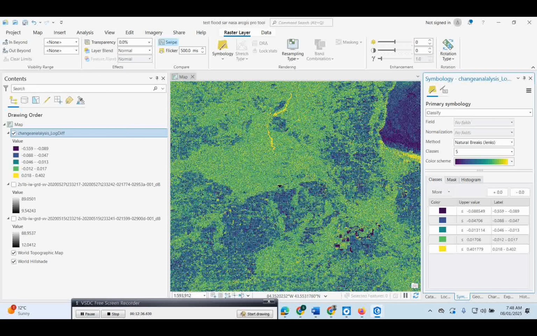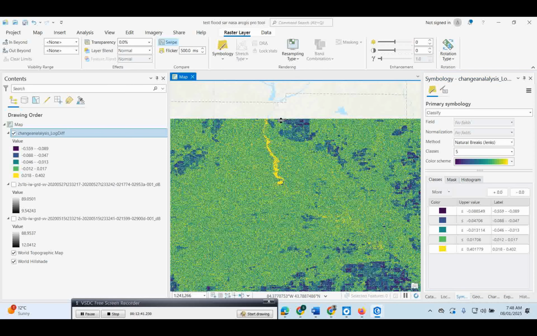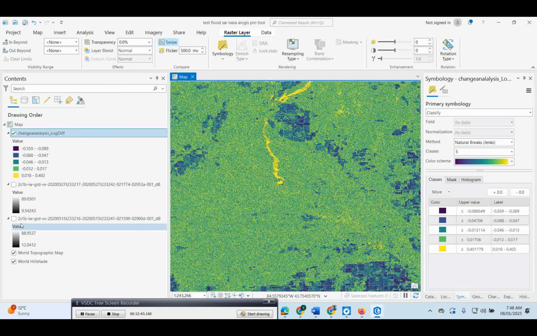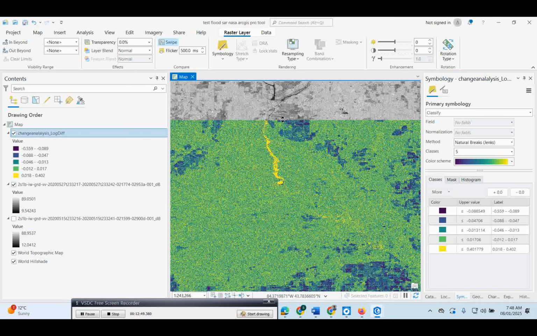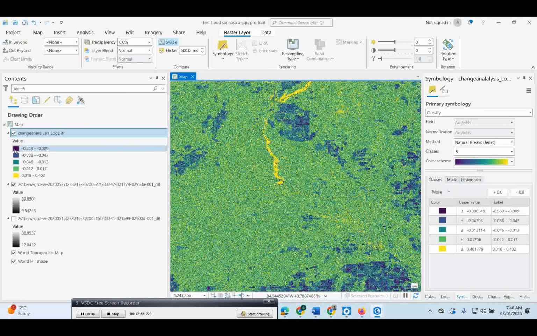So if you see here, these are all the changes that happened in this particular area. If you go with the post image and compare, you see here the blue area exactly matches. So the blue area is actually your change area. Whatever low value is showing, that is what your change area is. So this is the way you can use SAR images in the lower version in ArcGIS